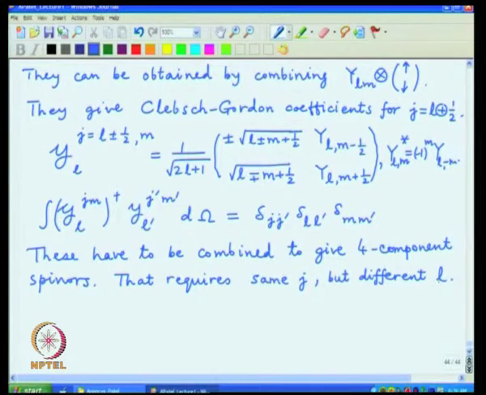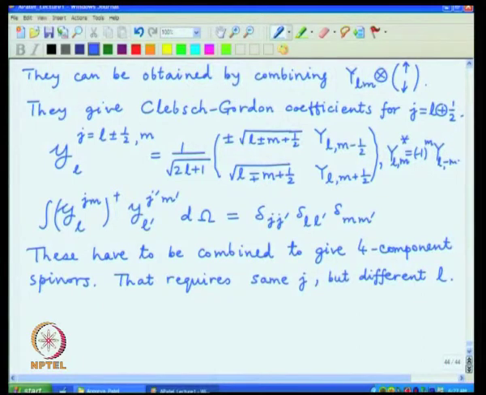So, minus 1 raised to L will be the contribution to the parity from the orbital wave function, and minus 1 intrinsic parity will appear for the negative energy components of the Dirac spinor, and those two will just add up nicely. So, the overall parity will be the same for upper and lower components,